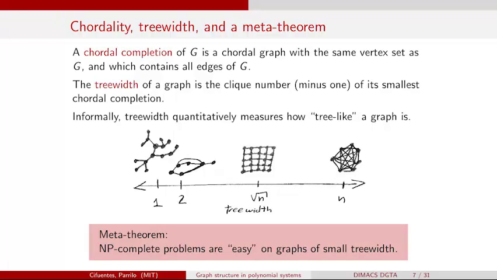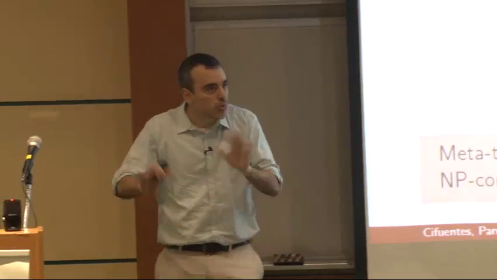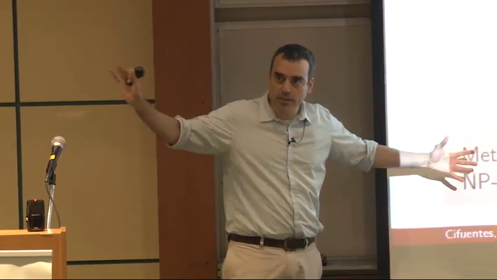Whenever you look at your favorite NP-complete problem, and you have a graph which is easy in there, there's going to be a clever, non-trivial algorithm that's going to allow you to solve this in polynomial time. If you want to read about this generality, it's called parametrized complexity. You look at things as a function of some parameter. In this case, we're using tree width. There are a number of other graph parameters you can use, but something like this is going to be true. So the first time you see this, it's a bit crazy.